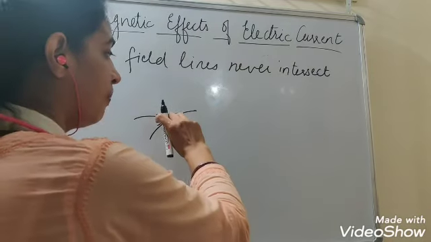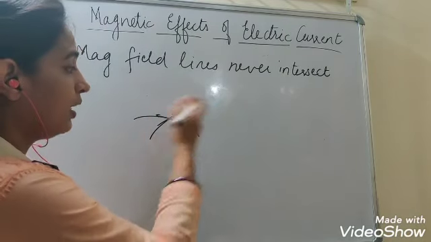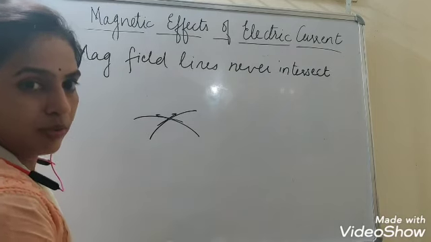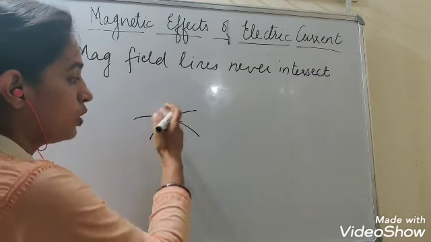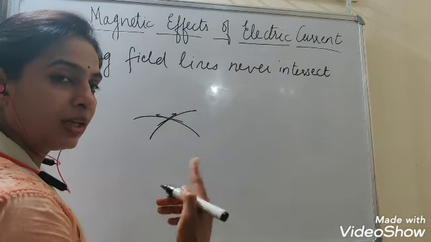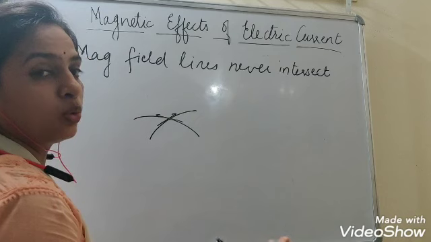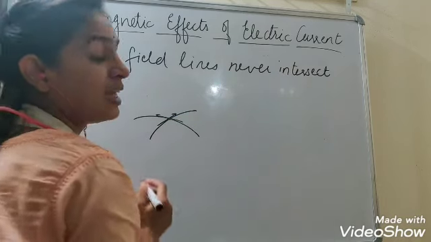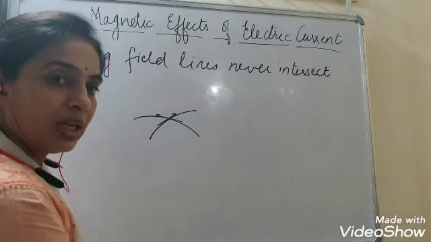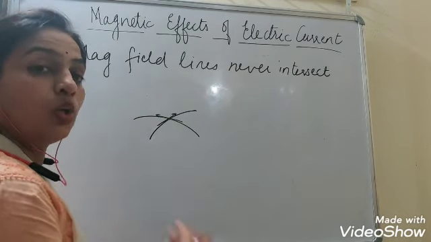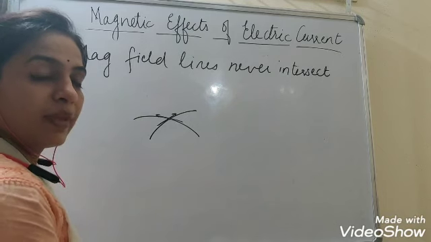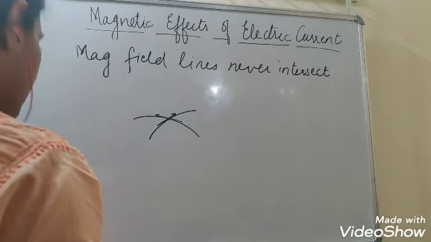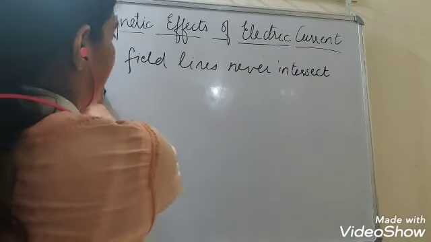Two tangents are showing two different directions. Or I can say that if I place a magnetic needle over here, it will have to deflect in two different directions to give the North Pole or the South Pole. Which is not possible. One magnetic needle cannot show two North Poles or two South Poles. So, that is why two magnetic field lines never intersect, because that would mean that at a particular point there are two directions of magnetic field, which is not possible. Okay. So, these are the properties of magnetic field lines.